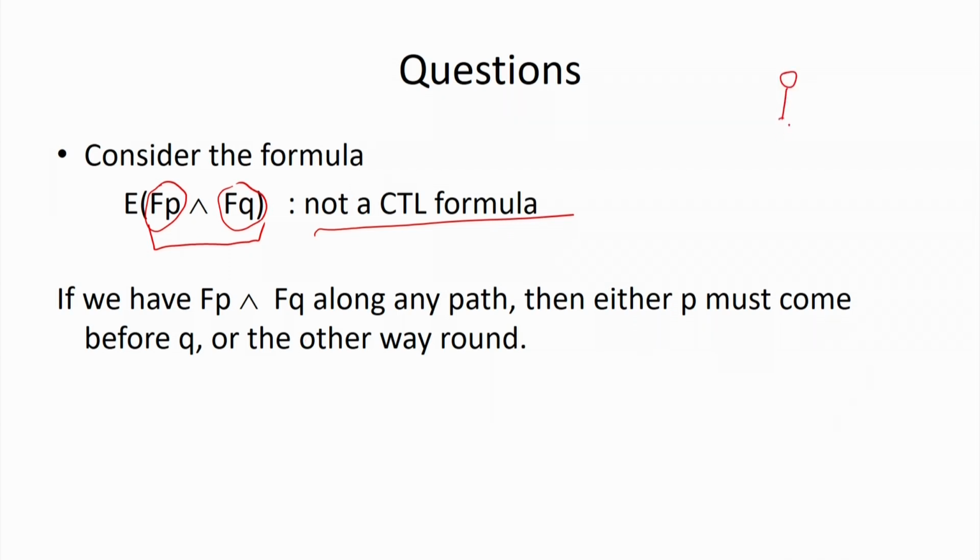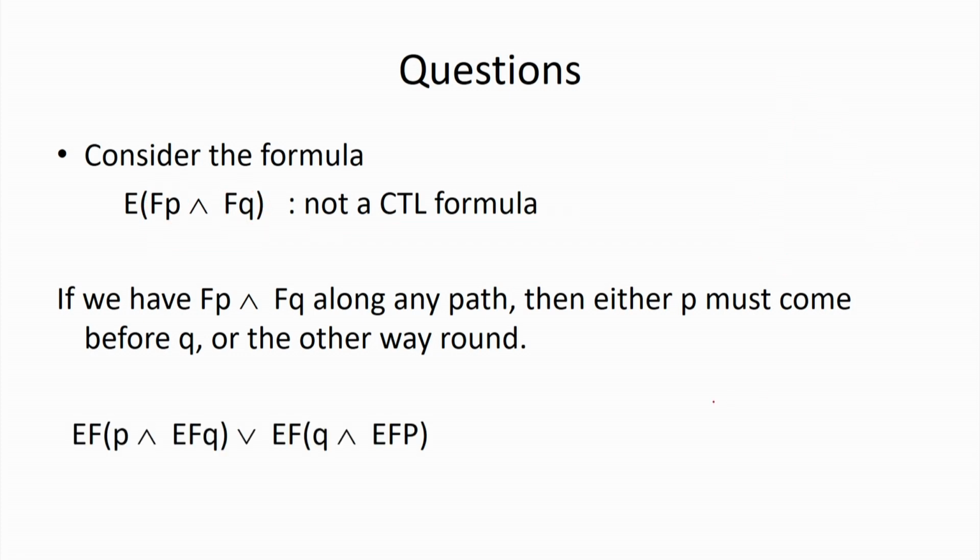So, basically in this particular case what will happen? I can say that P is true over here and Q is true over here, or it may happen that Q is true over here, P is true over here. So, there exists a path where either FP is true and FQ is true. So, here also at least in this particular part we can say that this is true, or maybe here also true. So, this formula, now we have seen, says that there exists a path where either P may come first before Q or Q may come before P.